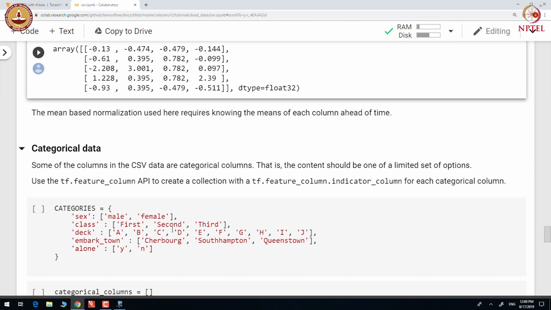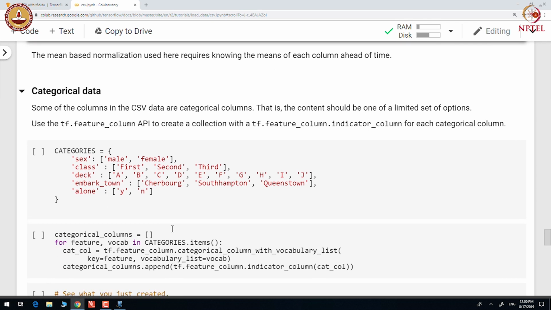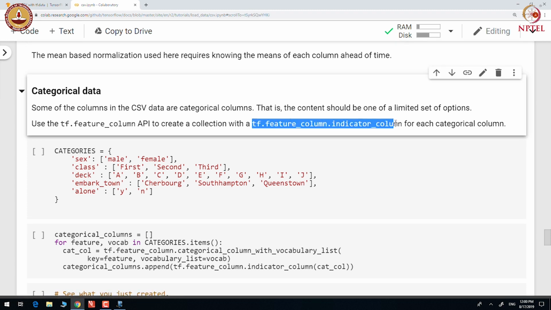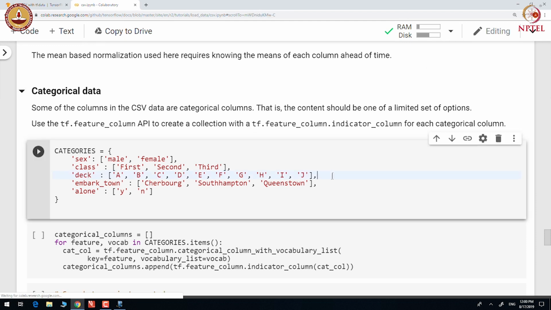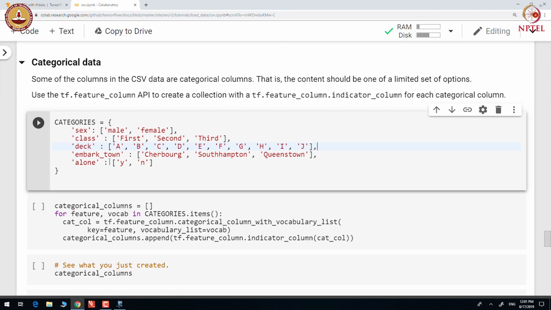Let us see how to handle the categorical variable. We use tf.feature_column.indicator_column to convert each categorical variable into a one hot encoding. So, to begin with, we construct dictionaries of values in each of the categorical variables.